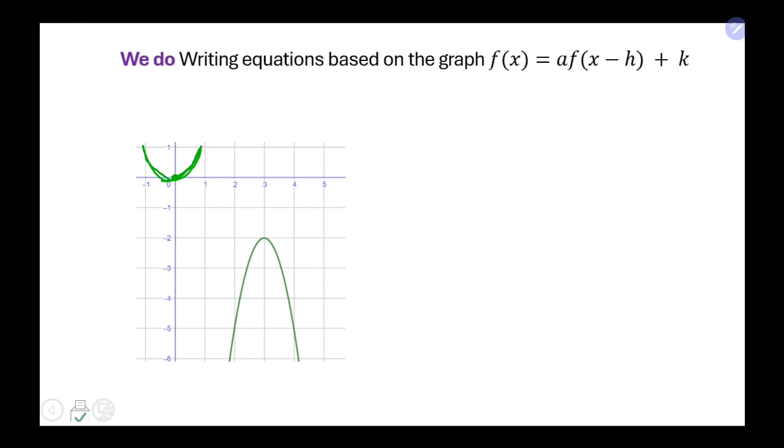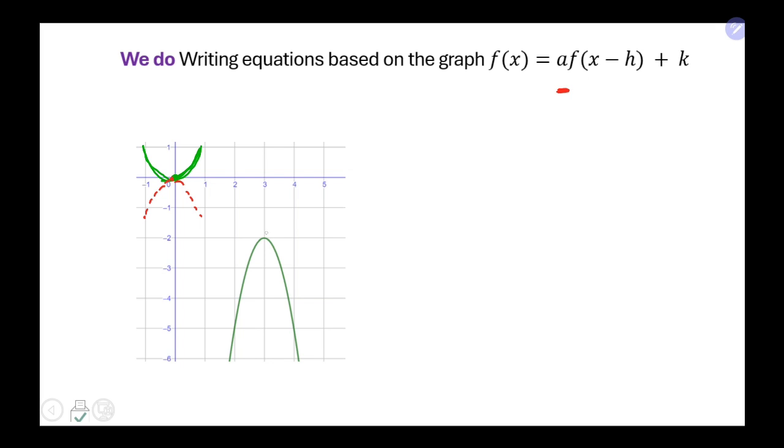Right? So I see that there is a reflection. Let's change the color. There is a reflection over x. So the outside number is going to be negative. But what number? That's what we are going to find out. So